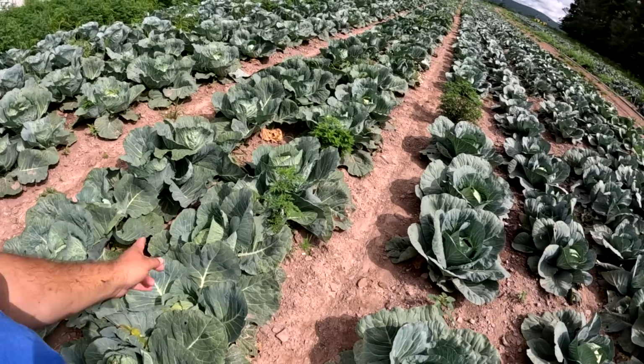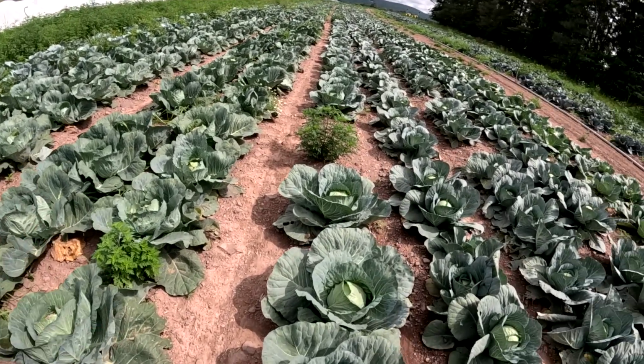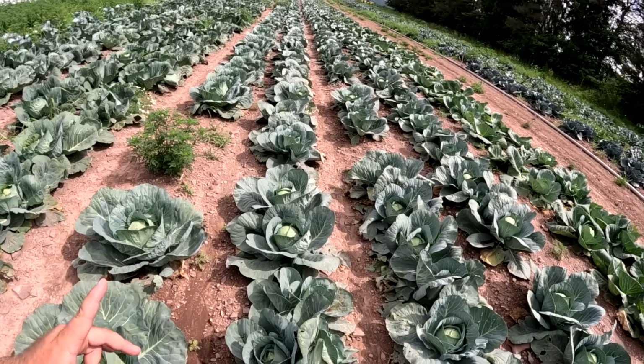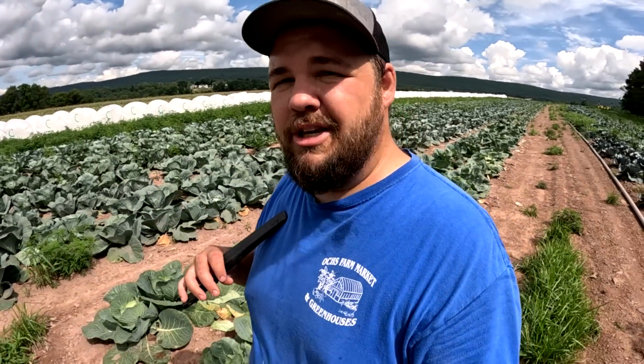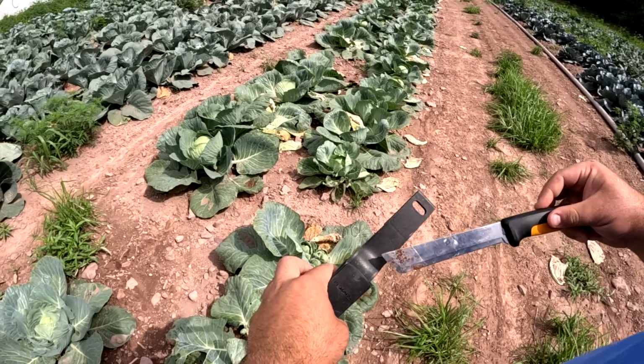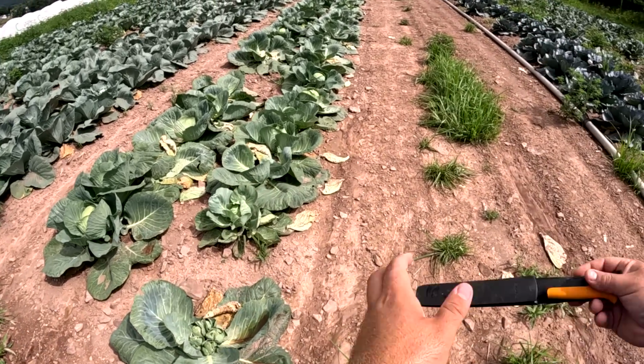Due to weather conditions, every year is different, so we can never be 100% sure what's going to look the nicest. We do like a variety called Megaton. We plant that in our spring to summer and in our summer to fall crop. And that's one that has been very popular, not just for us, but for the customers too. When you find a cabbage that you enjoy and your customers enjoy, that just makes the experience better for everyone